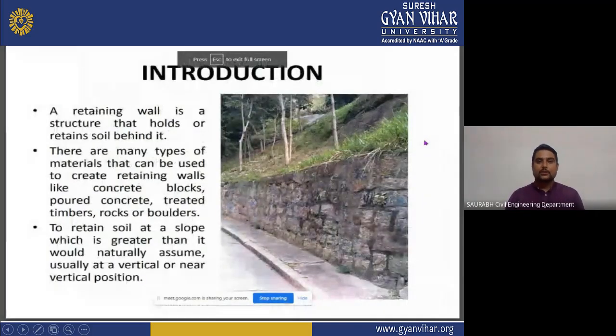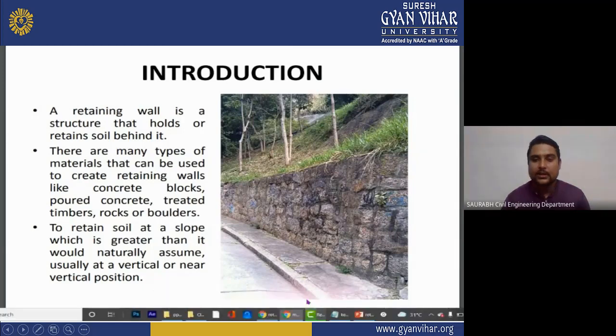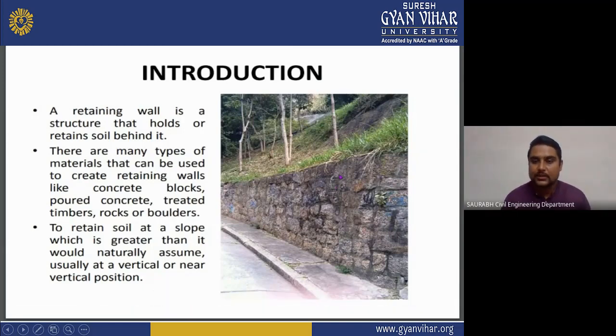Here comes the introduction. What is the retaining wall? We will understand here what a retaining wall is. As you can see, one image here shows a wall built across a road, and it is preventing something. It is preventing the slides on a roadside. As you know, the name retaining wall means the wall retains something, the earth. Now we will see the definition of a retaining wall.